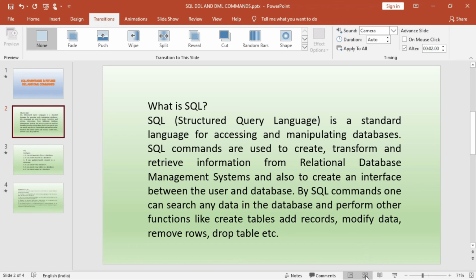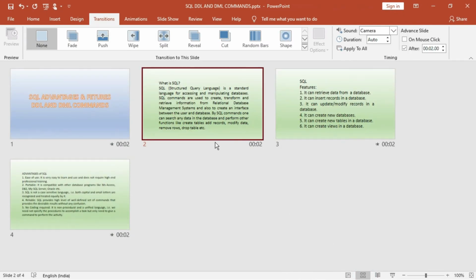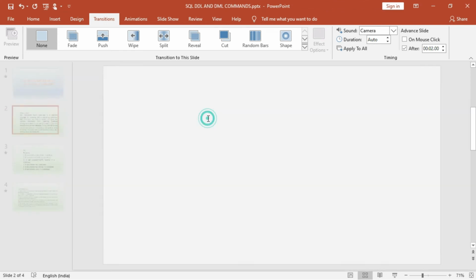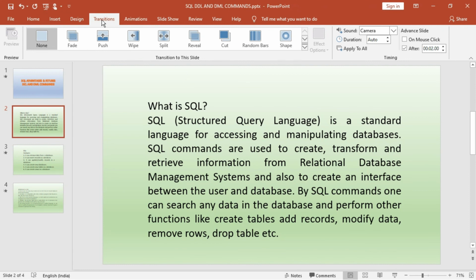How can you confirm it? Just double click on it in the slideshow view, and you can find no transition has been applied, only the time has been taken and the sound has been given. Here the star means that you have added some transitions. No star means no transition. So you have to go to the same thing, Transitions to This Slide, and choose None from the Transition to This Slide group in order to cancel any transition.